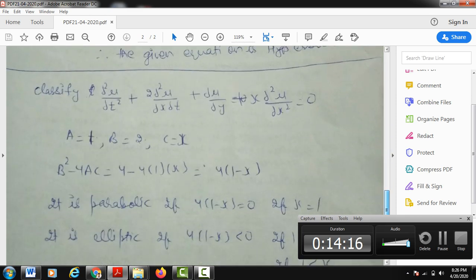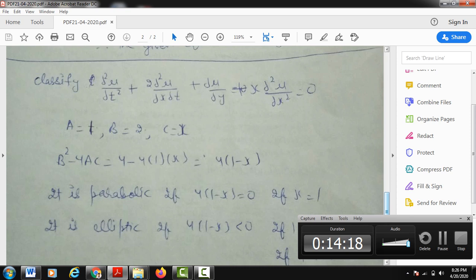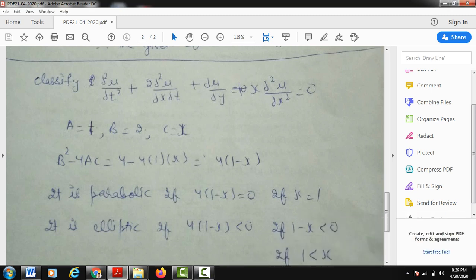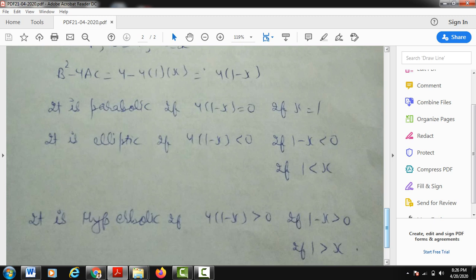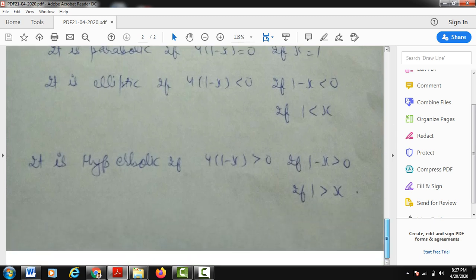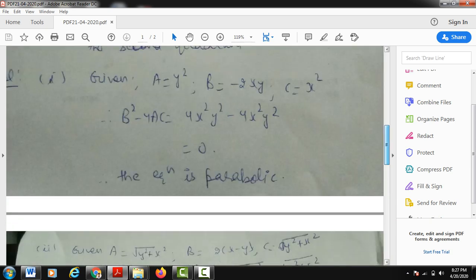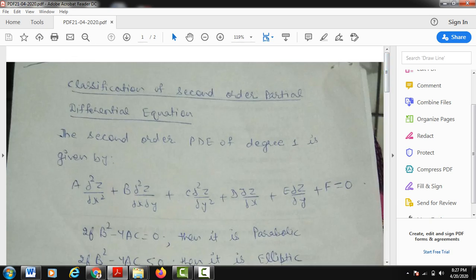And lastly, the third part that we have discussed, the classification, depends upon x. Here there is no constraint given to us in the numerical about what x is, whether it's less than 1 or greater than 1. No condition is given. So we are discussing all three cases in detail: whether b square minus 4ac is greater than 0, equal to 0, or less than 0, then what will happen? We will create our own constraint on variable x, and accordingly we will classify the partial differential equation in elliptic, parabolic, or hyperbolic form.